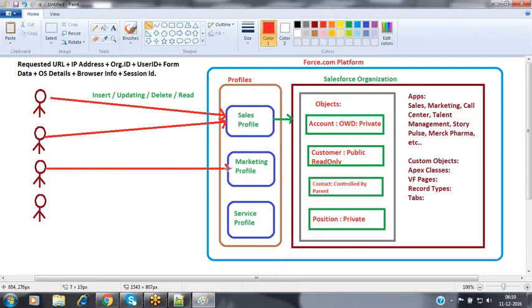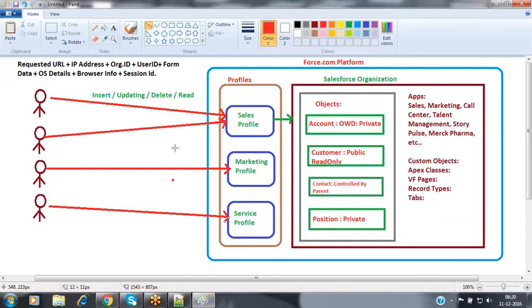Inside that profile, I have granted visibility only to the marketing related applications. And then this particular user is associated with the service profile, a service person who gives services to my customer, so whatever applications are required to be accessible for the service people, only those applications I have granted with the help of this profile.